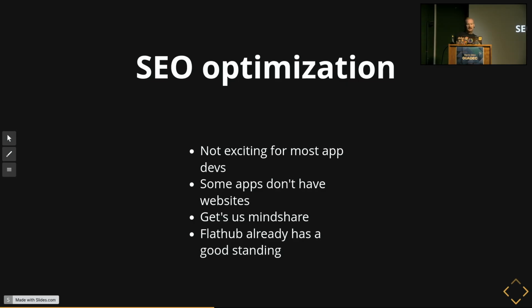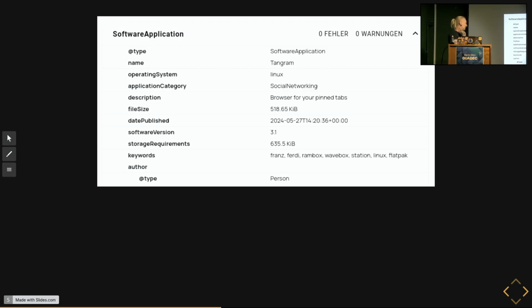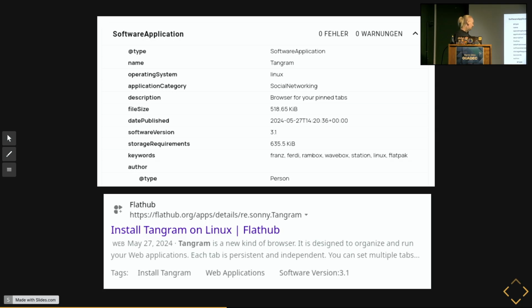So this is important and dear to my heart basically. To optimize for this, there is something called schema.org, which I run a test on here where you can see some of the data we are exposing. In this case you have Tangram, and we're exposing the file size and the software version, for example. And if you go to Bing, this is one of the examples I could find, you can see that they are actually reading the software version and showing it to their users so that they can see at a glance which version is the installed one.